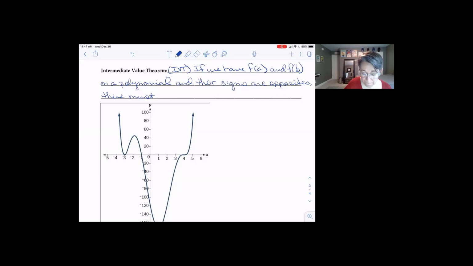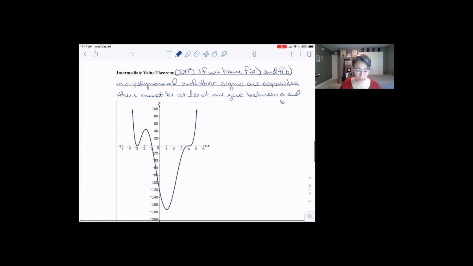There must be at least 1 0 between a and b. So let's use this graph here again to kind of illustrate what that intermediate value theorem is